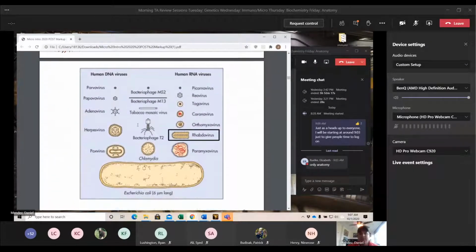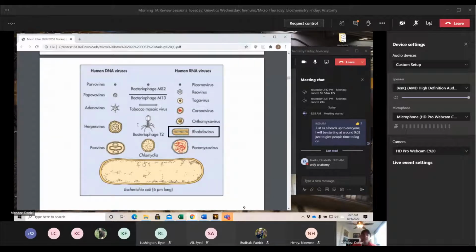Here, this is just a size of reference. You don't have to memorize anything, but just get a general idea of the different sizes here. So you can see E. coli, a gram-negative bacteria at the bottom, and how that compares in size to our viruses. Our viruses are much, much smaller than anything else that we have record of for micro.